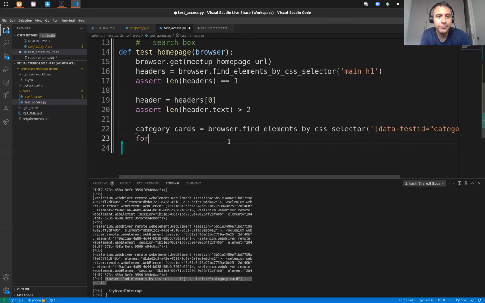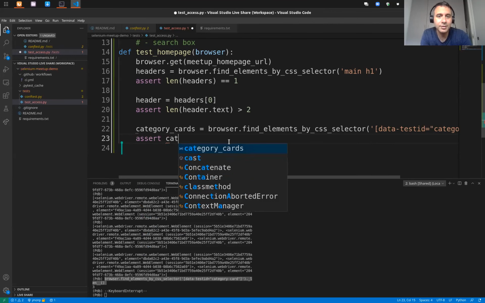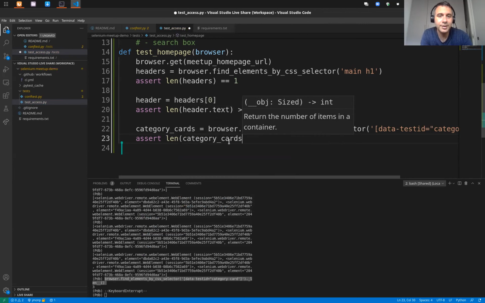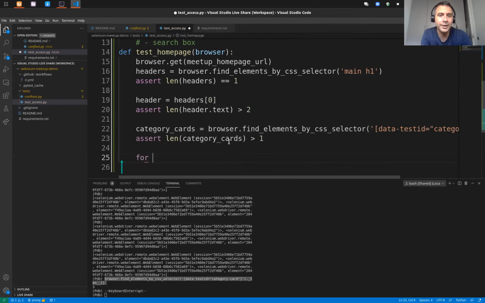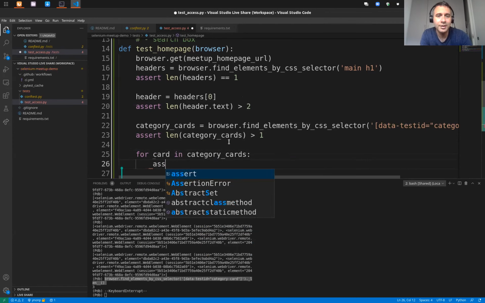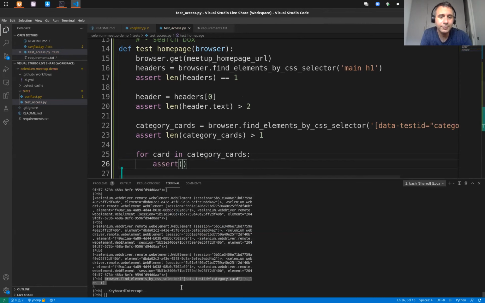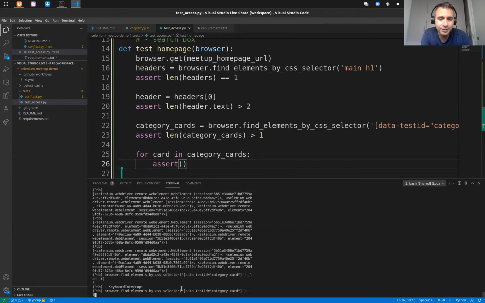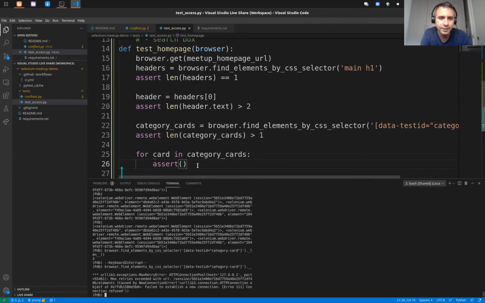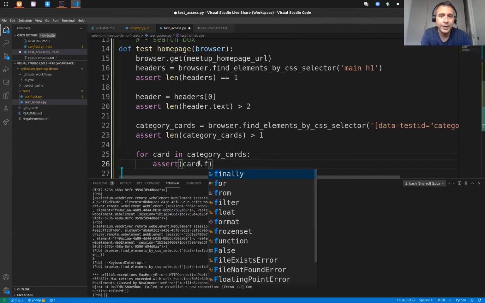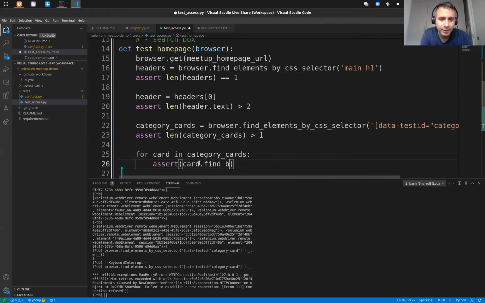I know that assert len of category cards is more than one, and for card in category cards, assert. Do you have card find selector? Card find elements by CSS selector.